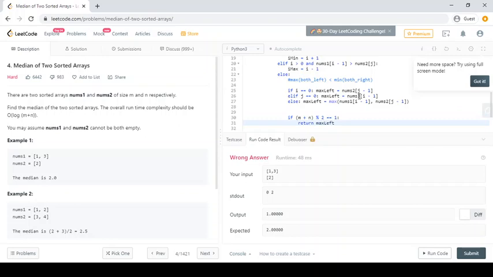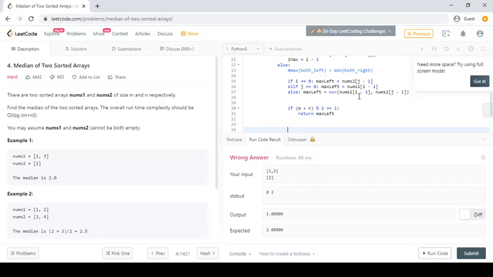We don't need to take another value from the right array, because it's an odd total, so we know it's just the middle. But if it is even, we have to take one value from the left and one value from the right and divide by 2.